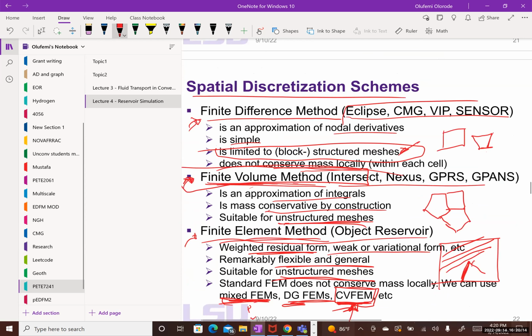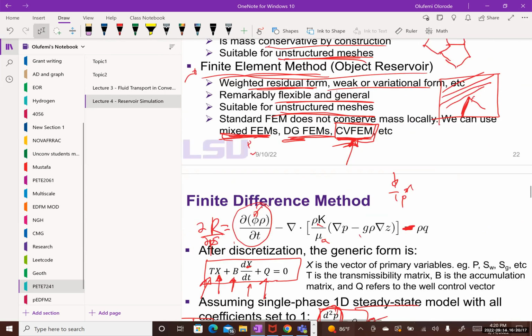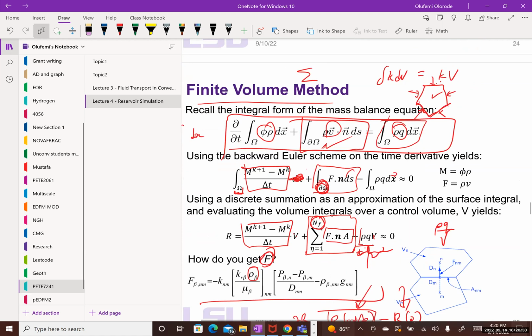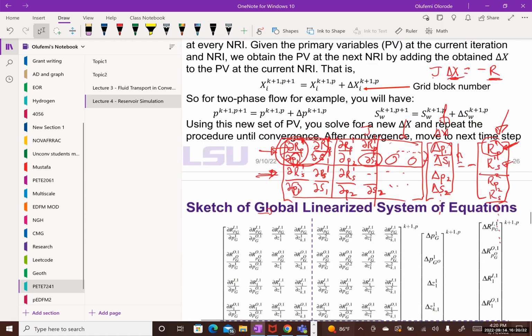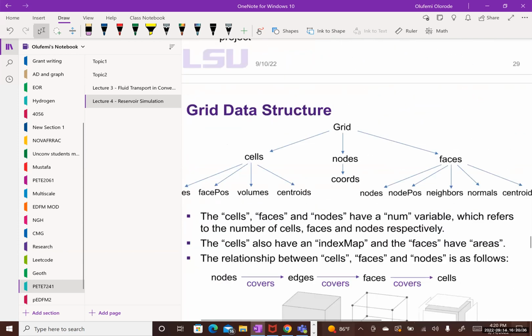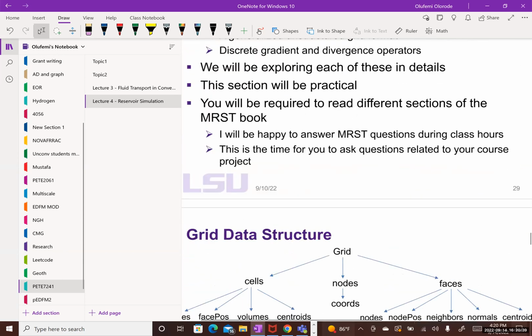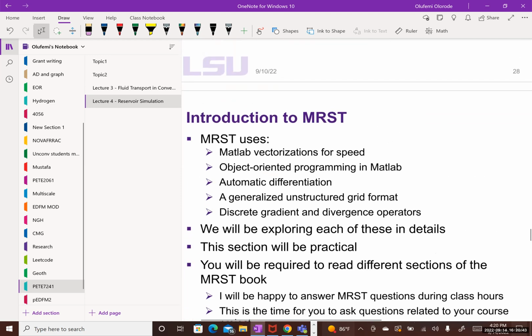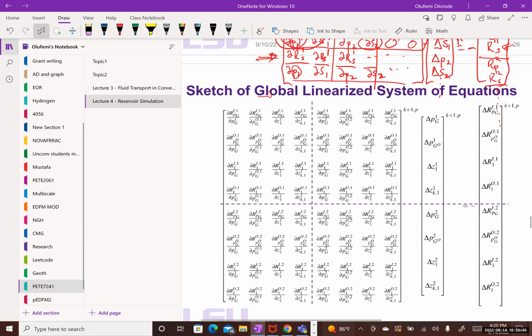But a lot of pain to develop. And the last one is what we're going to be doing in this course. That's the one I like. And if you're like me, that's the one you're going to like too, because that's the AD, automatic differentiation. Remember, perturbation method, analytical method, and then automatic differentiation or algorithmic differentiation. And then we have a whole slide on that, and we'll get into that when we get into